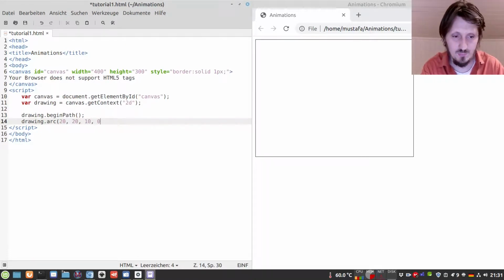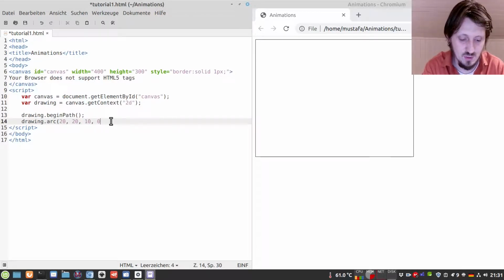If we want to create a full circle, then we start with 0 and go around 360 degrees. In this case we have to use the value in radians, which means 2 pi, and we can use the math library to take pi from. We don't have to define this value, we can just use it from there. So we write 2 times Math.PI.